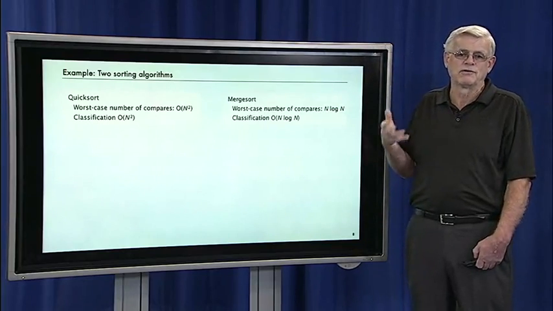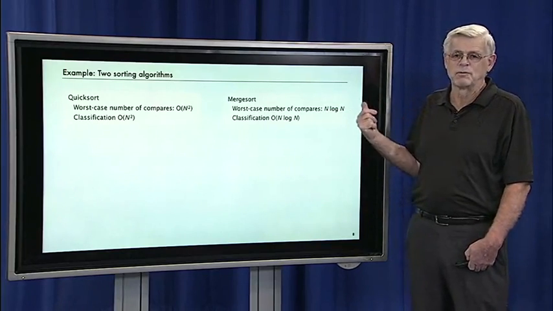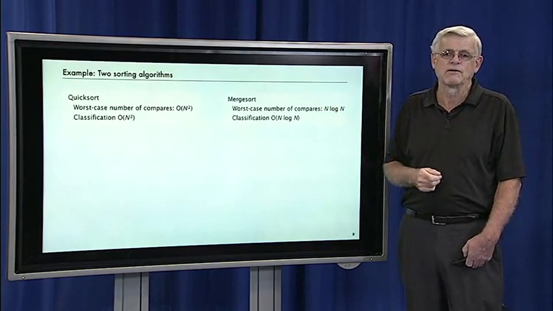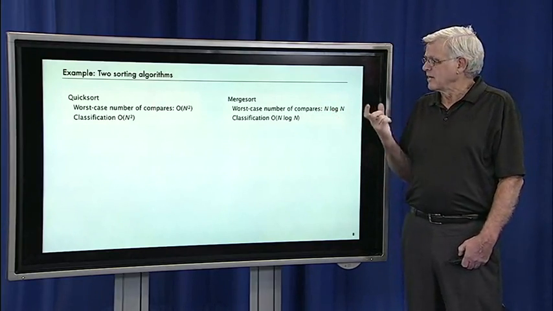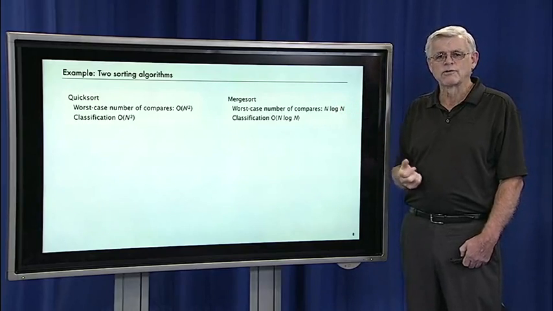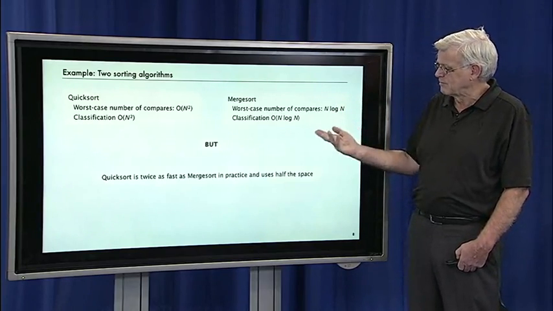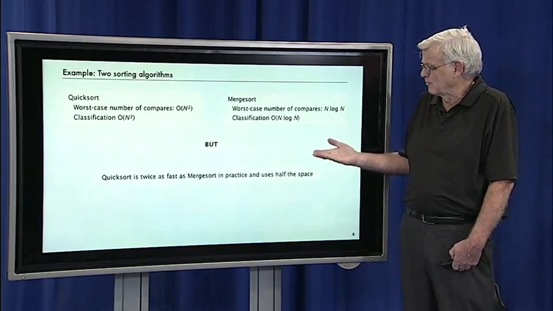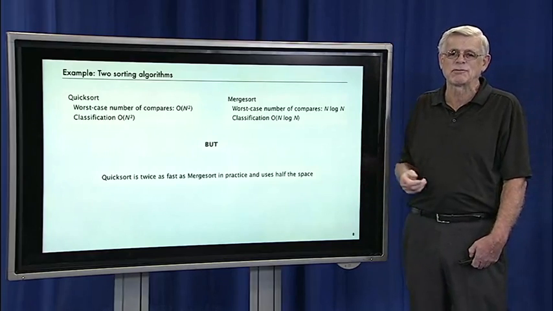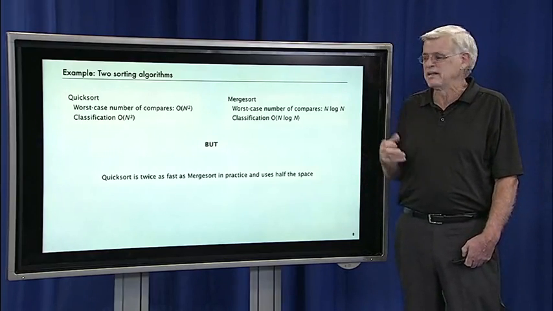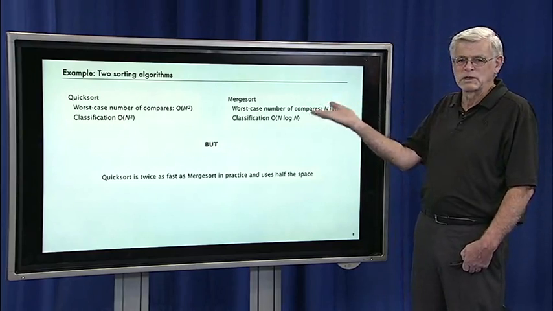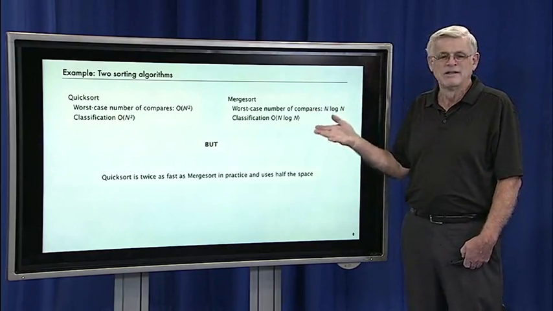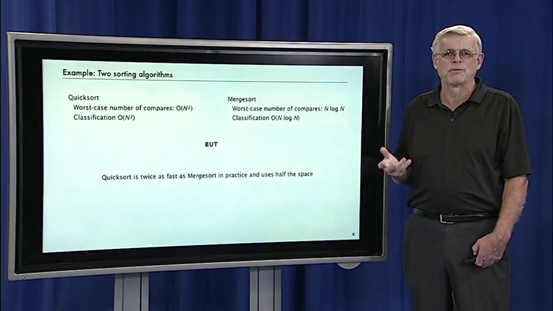and actually any algorithm has to use that much, so you could say that merge sort is optimal, and it gets classified as an n log n algorithm. And that's where the theory of algorithms would leave those, but it's a problem because quicksort actually is twice as fast as merge sort in practice, and it uses half as much space. So even though the theory of algorithms would classify merge sort as better, in practice, quicksort is much better.